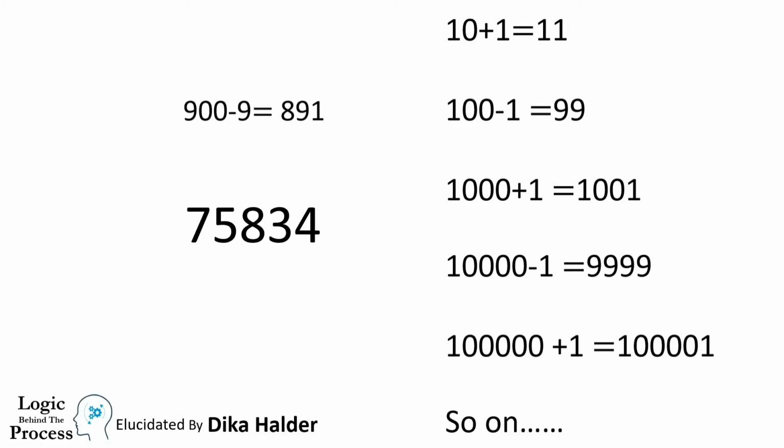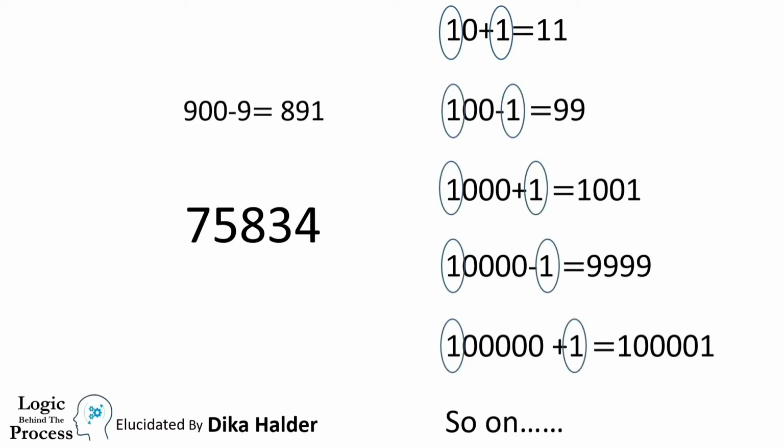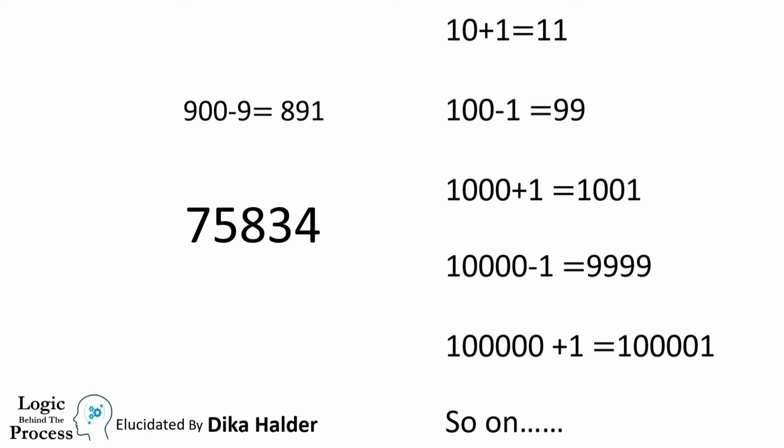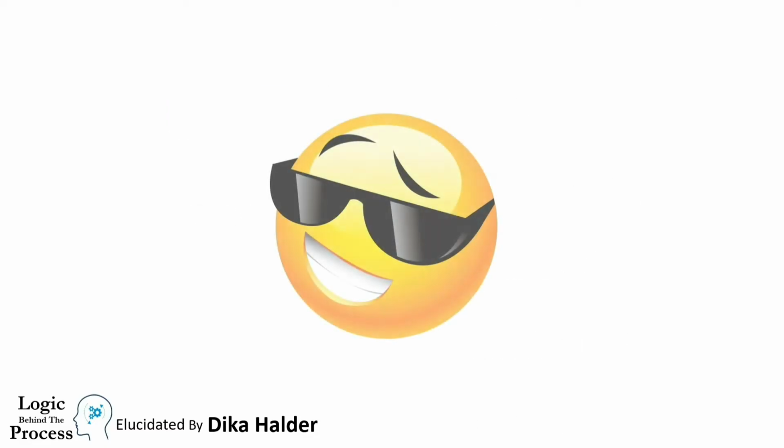This is really interesting. Now one more thing to be observed. This and this are the same, and so on. That means if we add a 10 plus digit to the number, then the answer we get will be divisible by 11. Like here we add 1, which is a 10 plus digit, to the number 10. Then we get the answer 11, which is also divisible by 11. Similarly if we subtract a 100 plus digit from the number, we get an answer which is also divisible by 11. Here also we subtract a 100 plus digit, which is 9, from the number 900 and get the answer 891, which is divisible by 11. Wow, what an observation I have.